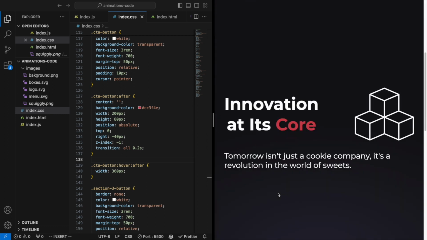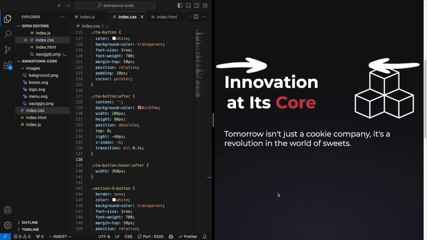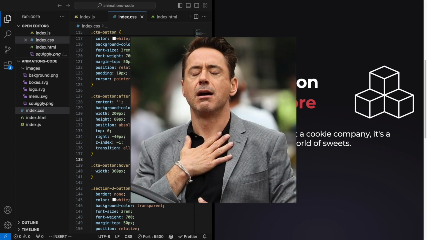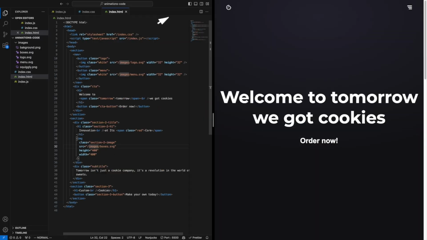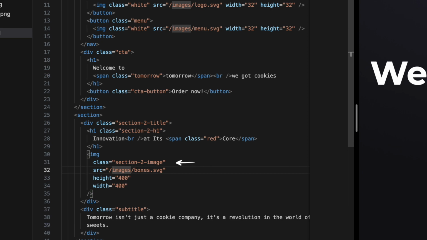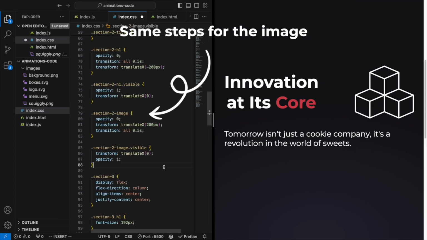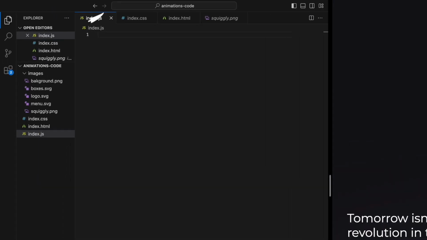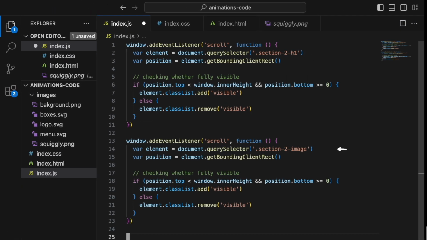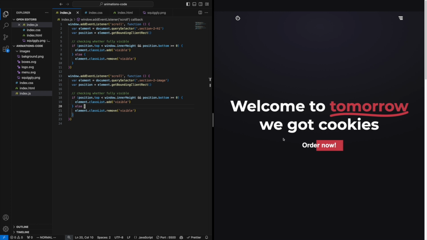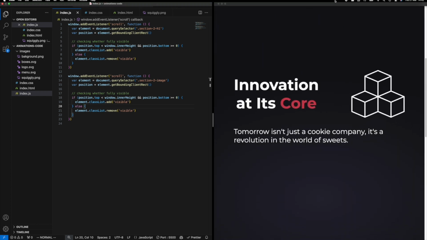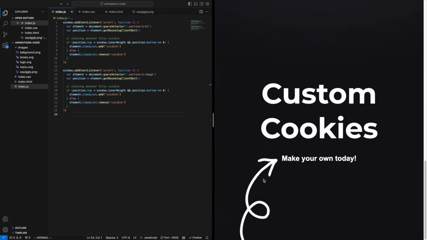If we scroll down a bit, we can see this content. Let's make it fade in using these fancy new scroll animations we've just learned. First, we'll find the classes we're working with, then make them invisible for starters and add a class that will be added by our JavaScript. Hop over to the JavaScript and add one script for each of the classes that we've just tweaked. Save it, and lovely. If we scroll down to the bottom, we see another button we need to take care